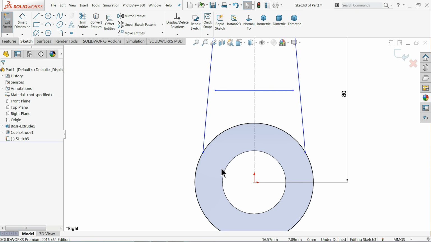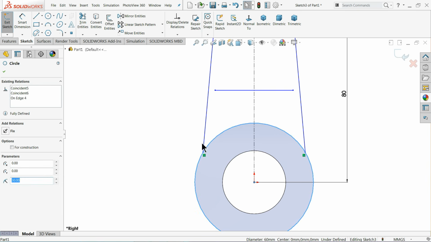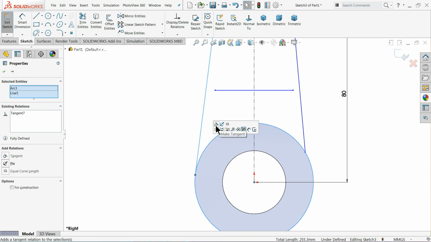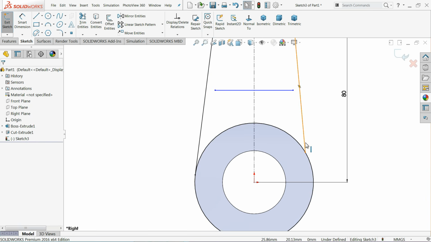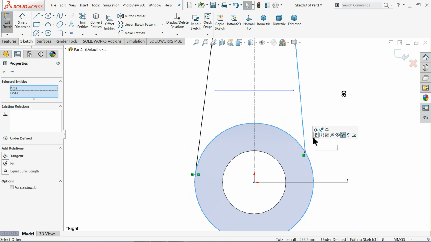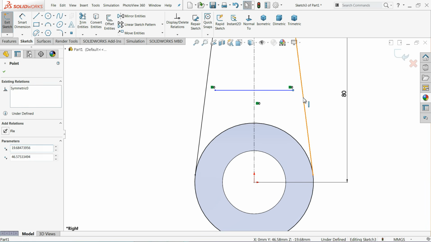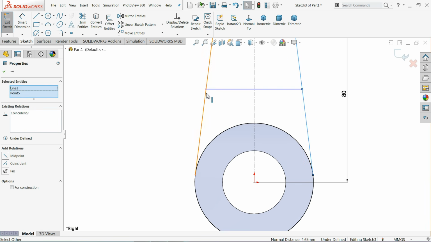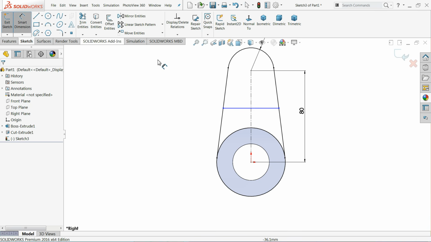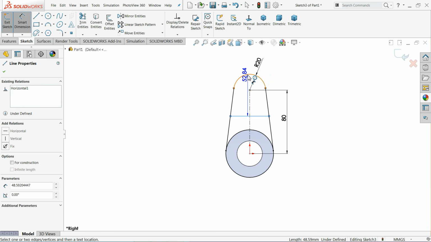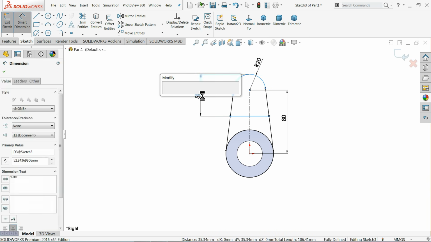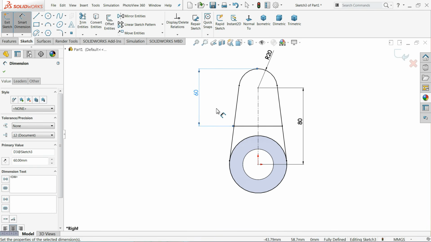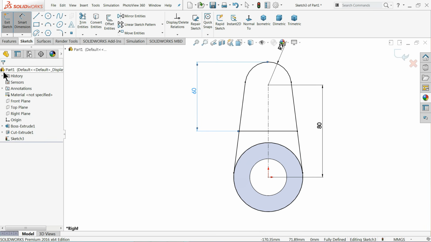Select this line and circle and create relation tangent. The same thing we have to do here, tangent. Now let me choose this point and this line and create relation coincident, a smart dimension, and let me define the distance. From here hold shift key and this circle 60 millimeter, that's it. Okay, now let's extrude, exit,